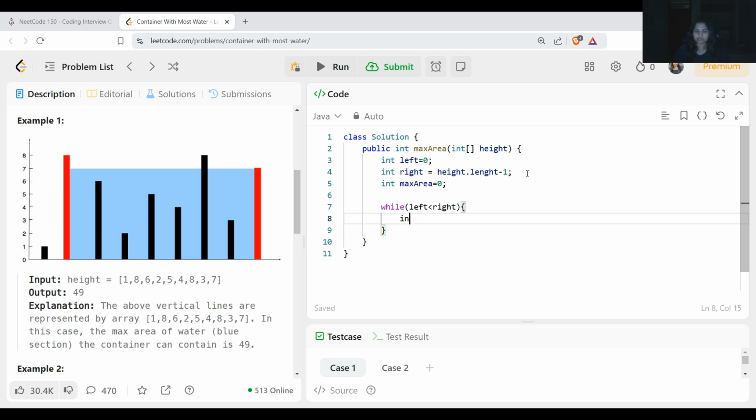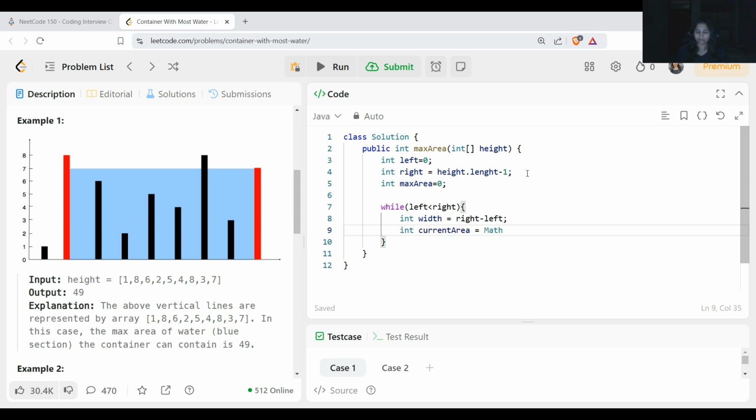So we will place a variable int width equal to right minus left. From here we will get the width of the area. Now int current area, we have to calculate the current area,